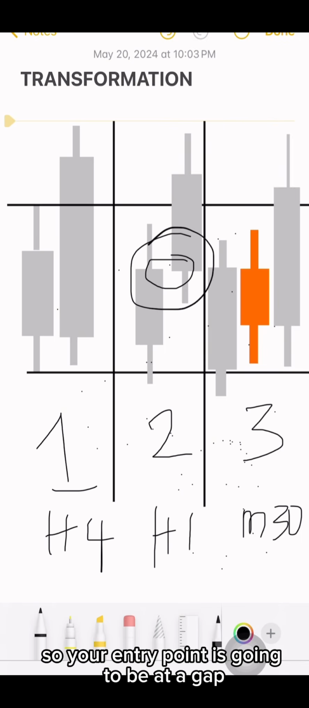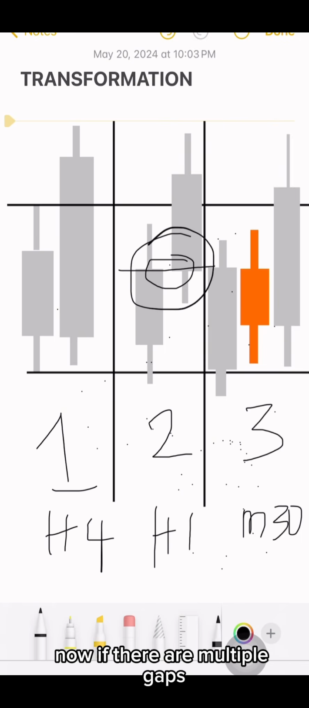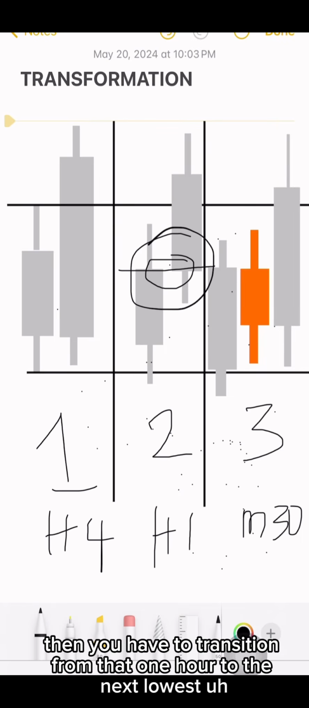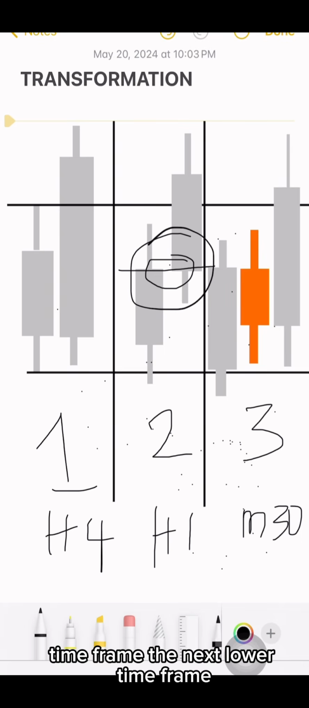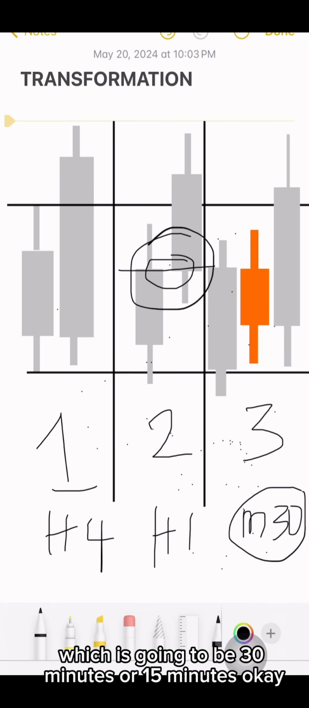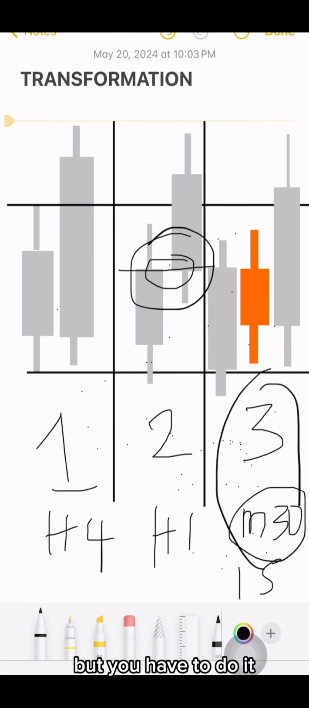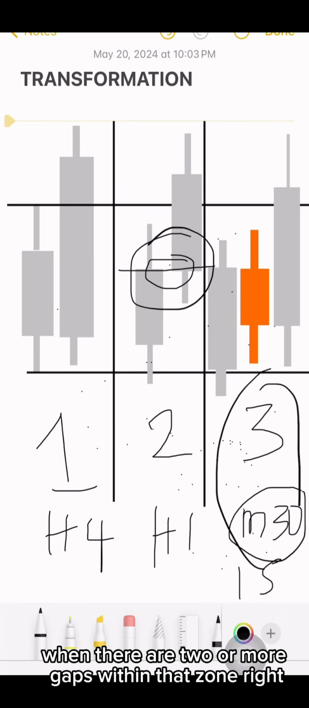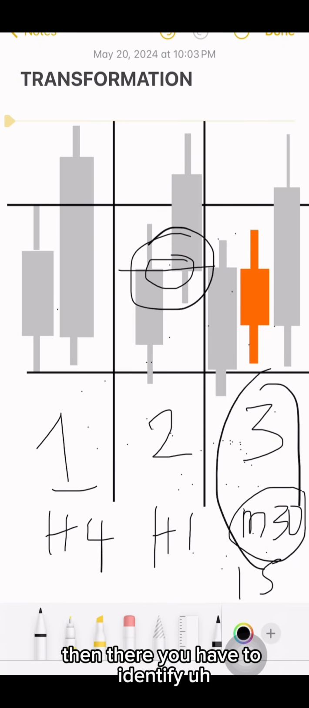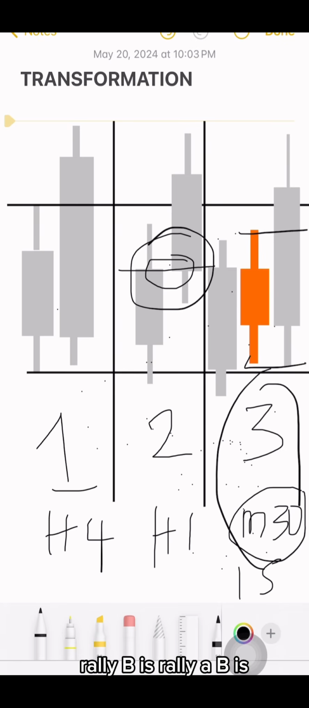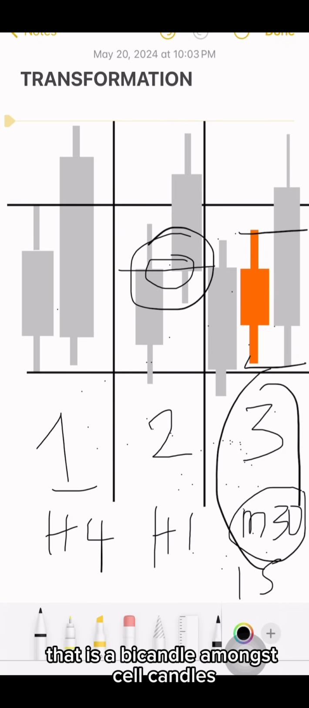So your entry point is going to be at a gap. Now, if there are multiple gaps, then you have to transition from that 1 hour to the next lower time frame, which is going to be 30 minutes or 15 minutes. This number 3 is not important, but you have to do it when there are 2 or more gaps within that zone. Then you have to identify a rally base rally,